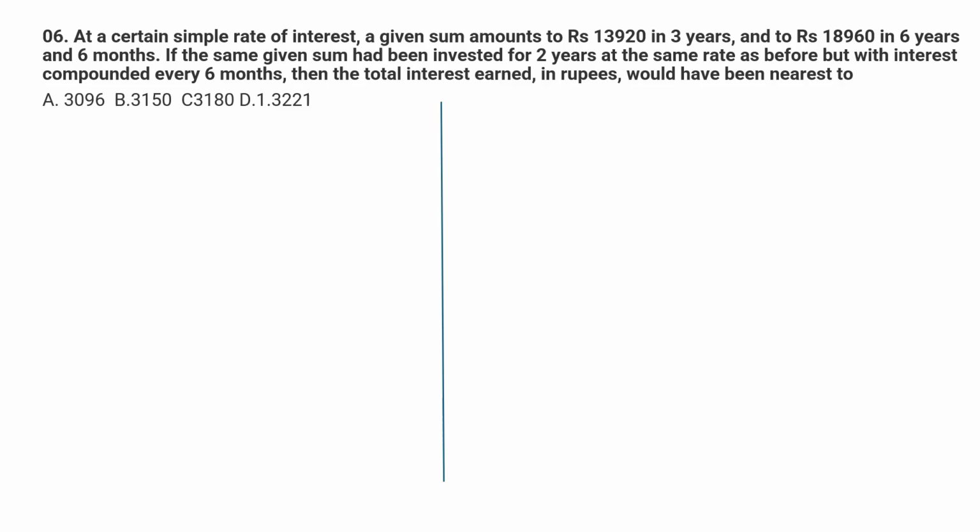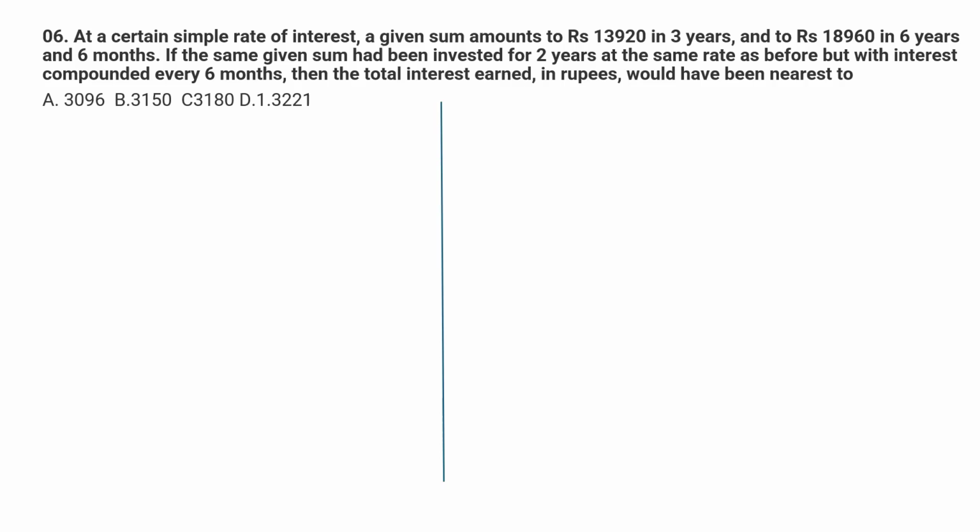So this is simple interest and compound interest, and both the concepts have been used. First, the amount was given on simple interest, and it becomes 13,920 after 3 years. So 13,920 is principal plus simple interest earned after 3 years, right? And the same investment was continued, and after 6 years and 6 months, the same amount becomes